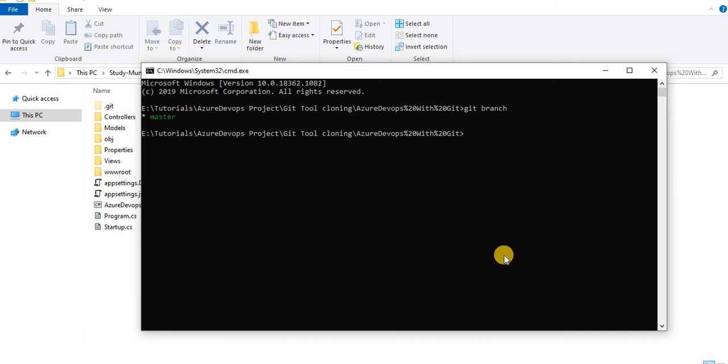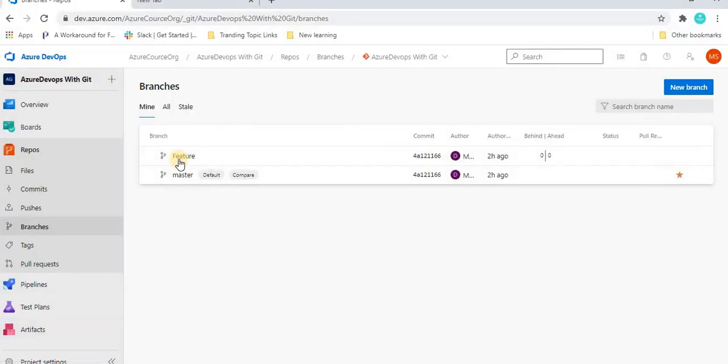Now let's check out to the other branch, or to say, switch to the other branch which we have created, and the branch name is feature. We are going to switch from master to the feature branch.